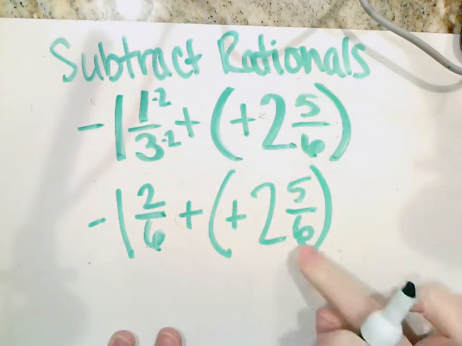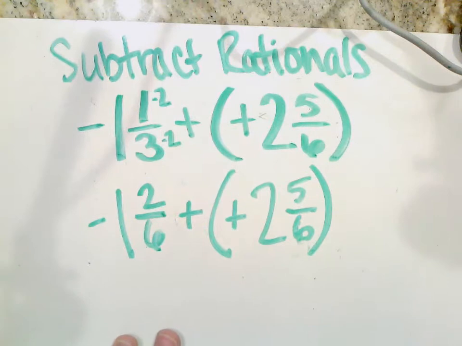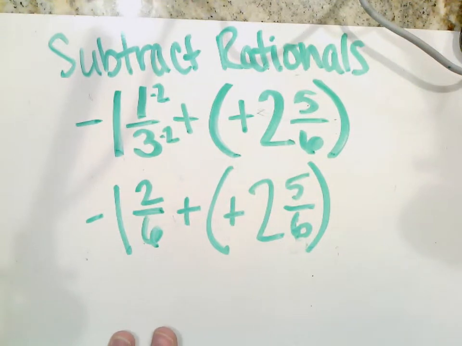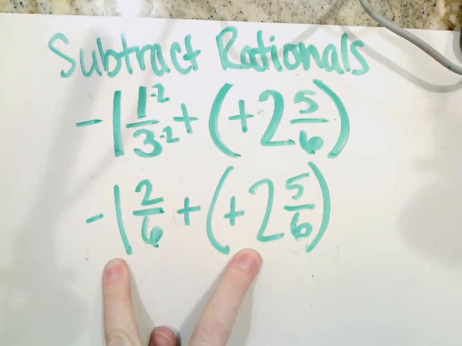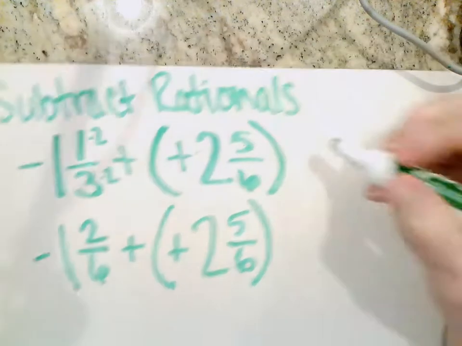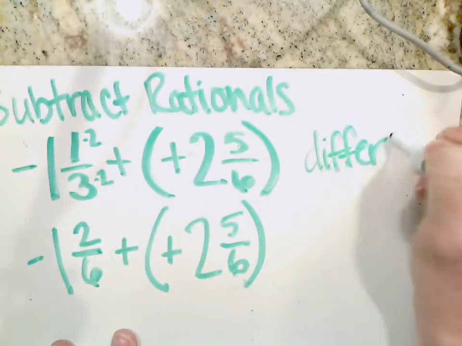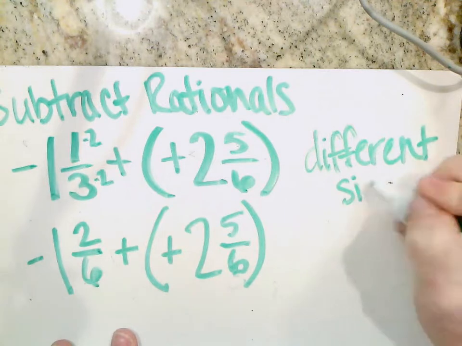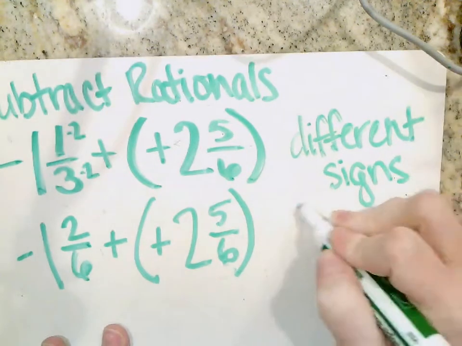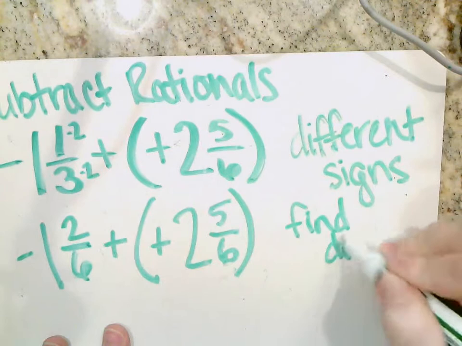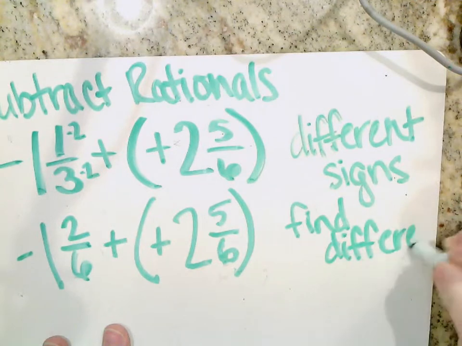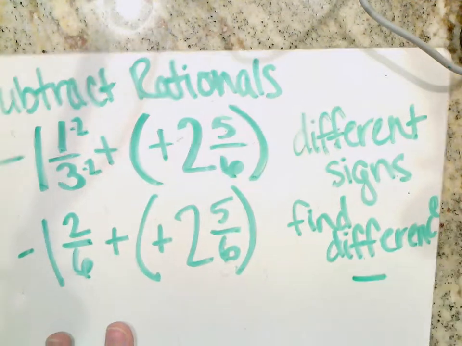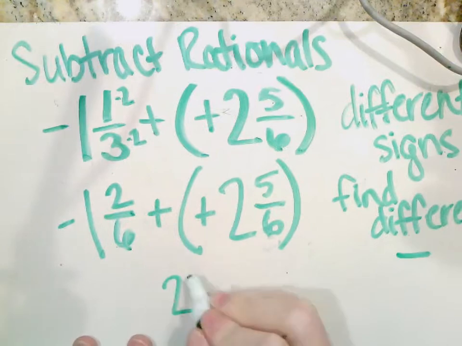Now this one's a little harder to do a number line with, so let's just recall some of our rules. If we are adding different signs, then you're finding the difference. Different signs, find the difference. And we know difference is subtraction. So we're just going to subtract 2 and 5/6